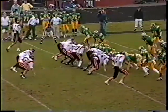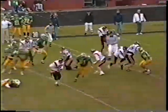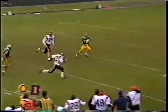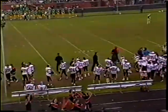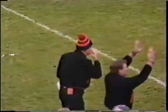Top-ranked Richland is down. Stott to the left. Play fake. It's a counter option. Perkins, he has gone 30, 25, 20. Perkins 10, 5. Touchdown, Kennewick! Holy cow, show me a little speed. He just ran away. He broke one tackle near the line of scrimmage, and Josh Perkins just ran away from